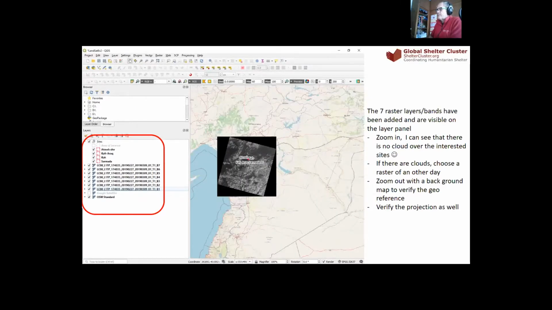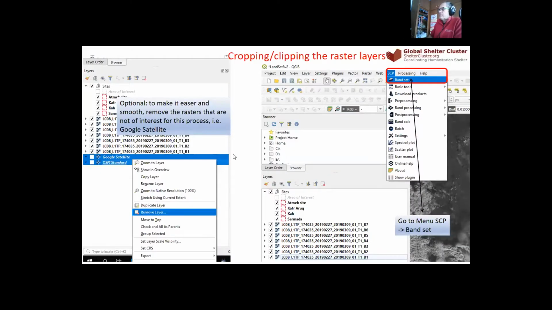Fine. Once you are happy with your imagery, we have to crop this imagery because it's much too big. And if we don't crop the imagery, the analysis will take too much time, and most probably your computer is going to crash. Therefore, we have to crop all this satellite imagery. And there is a way to do it. You go, first of all, on your menu SCP, click on band set,